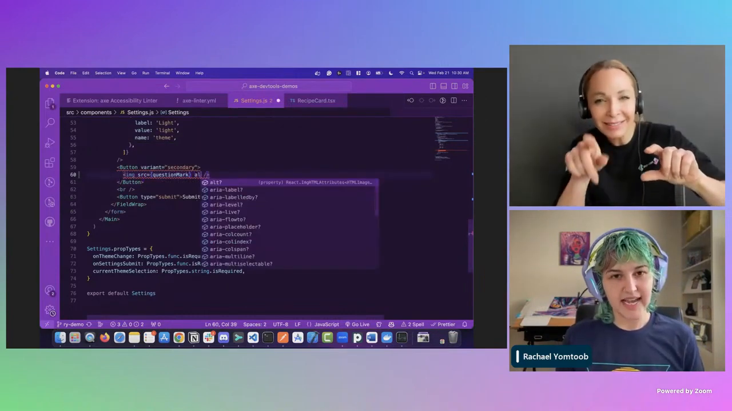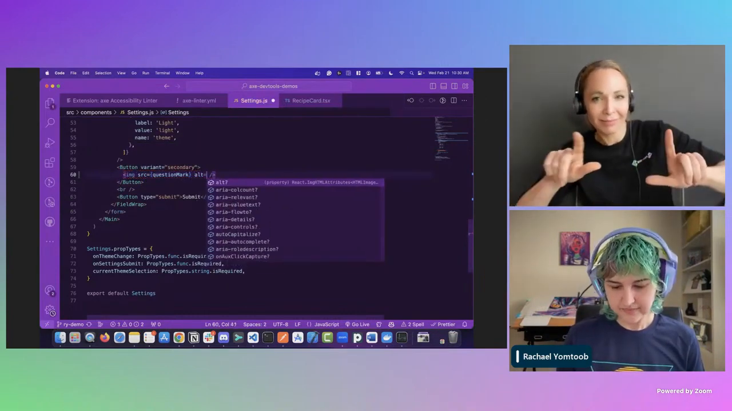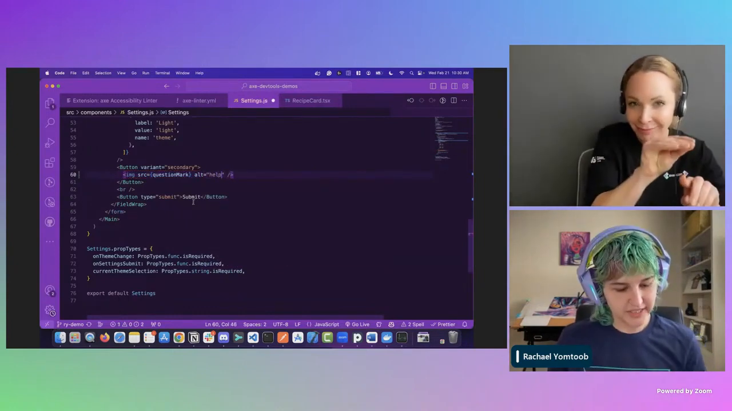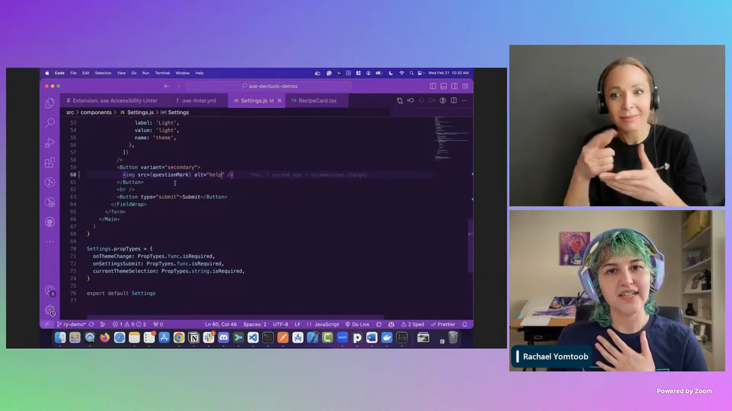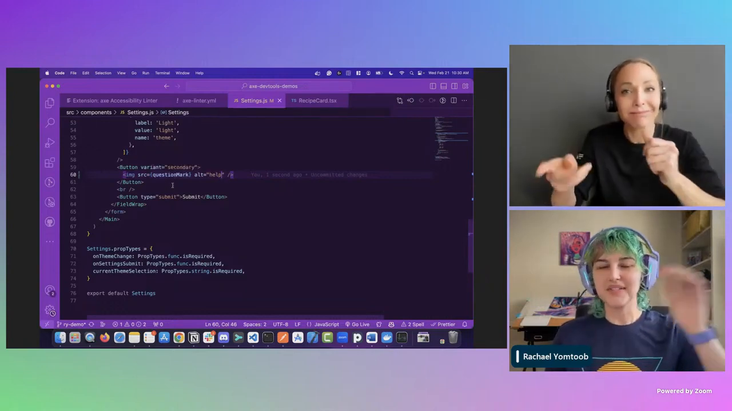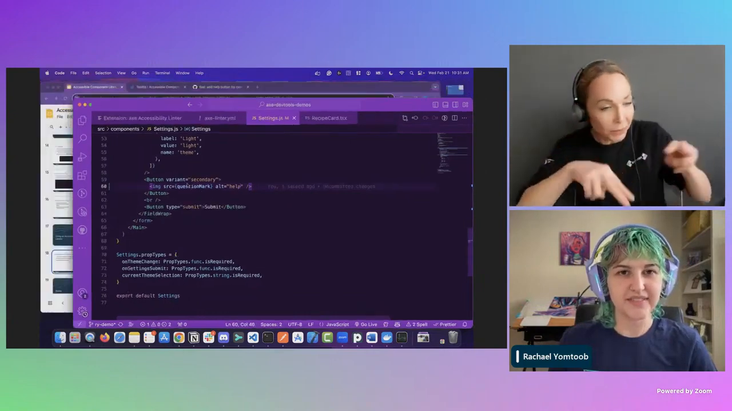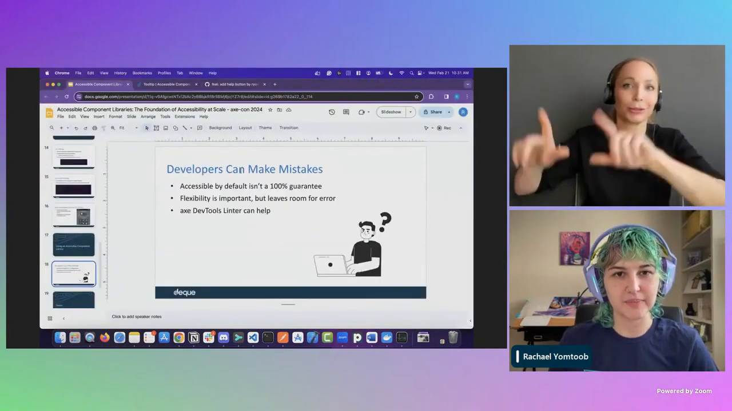So if I go ahead and add an alt attribute and I provide the text "help," then my linter warnings go away and I can save my file and be happy and commit my code up and have it reviewed and merged in. And so speaking of that, I'm actually going to head back over to the browser,